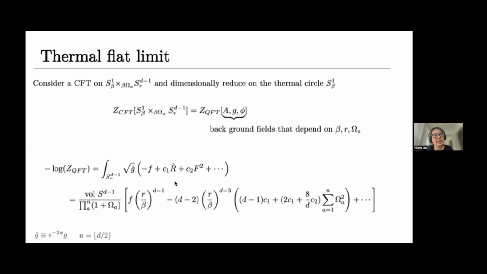For example, at leading order, I always have a cosmological constant term, which has derivative order 0. Then I have the Einstein term and Maxwell term, which have derivative order 2. Each term is going to be paired with a Wilson coefficient, and the precise value of this Wilson coefficient depends on the theory. So, for example, if you focus on 2D CFTs, then essentially the only Wilson coefficient you will have is this f, which is paired with a cosmological constant term, and that f is proportional to the central